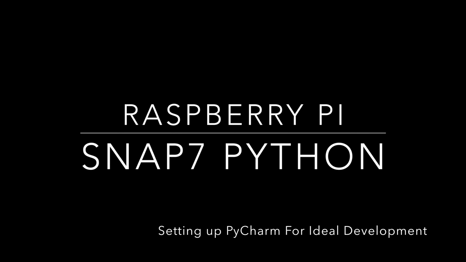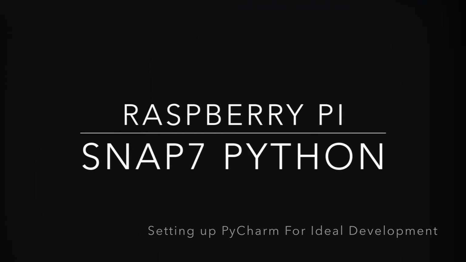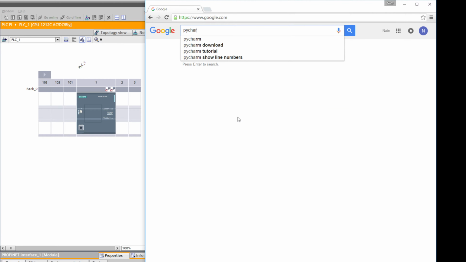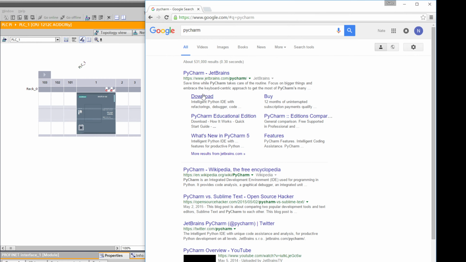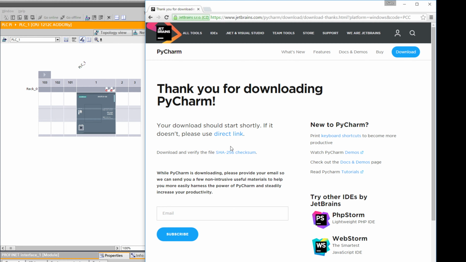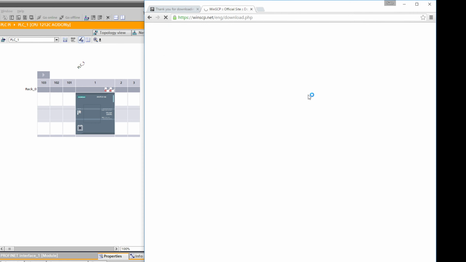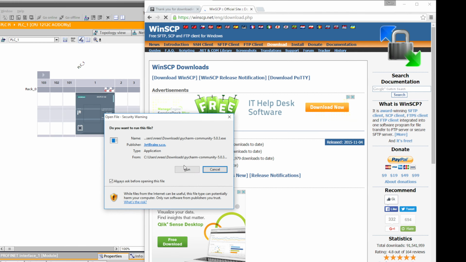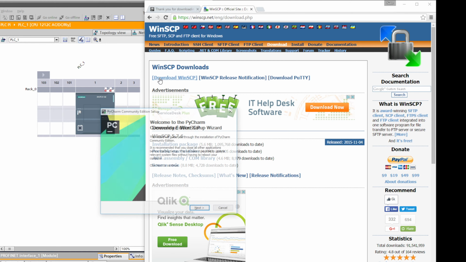Welcome back. To make things easier for the rest of my tutorials, we are going to install PyCharm and WinSCP. PyCharm is located at jetbrains.com and WinSCP is at winscp.net. For PyCharm, we're going to be getting the Community Edition. It has many features to help you with development. It has autocomplete, error handling, it helps you find errors, and WinSCP lets you browse the Raspberry Pi file system